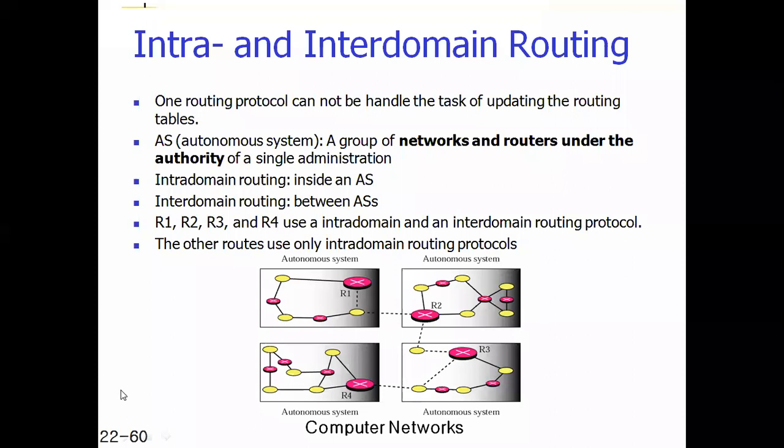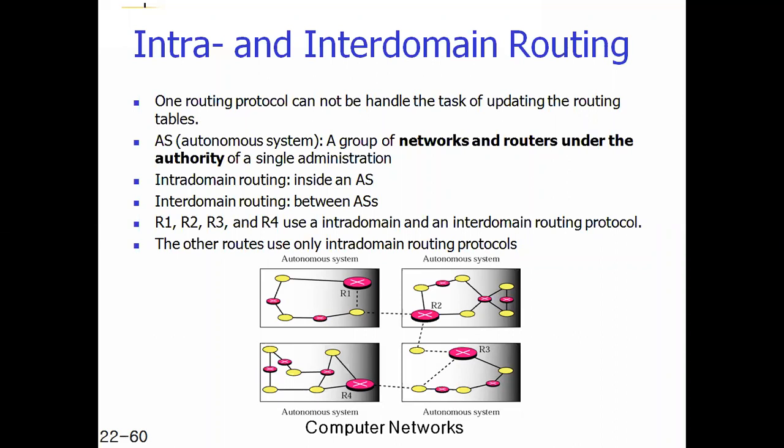Here you can see four networks. You can imagine these four networks like this: this is our college network, this is a BSNL office network, because our network is connected with the BSNL office through a BSNL line. Again, we have connected with Reliance. We have taken internet connections from BSNL as well as Reliance. So you can consider this autonomous system is our college, this is the BSNL network, and this is the Reliance network. How can we divide our network into different autonomous systems?